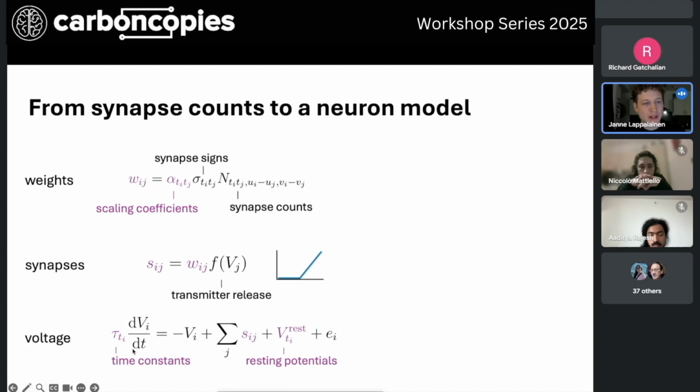And in addition to these alphas here, we introduce the time constants of the neurons. They are also shared across cell instances of the same cell type, and we have resting potential. So where the neuron basically typically is, in which state when there's no input, and that already is a relatively reduced model, which is neat because if it's more complex, it needs more computation,